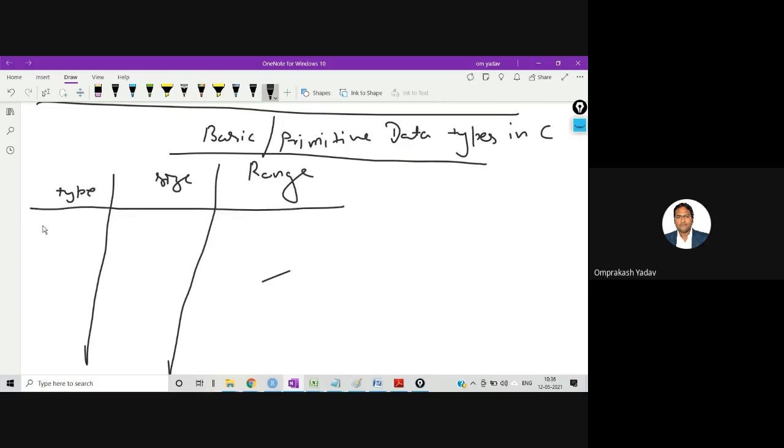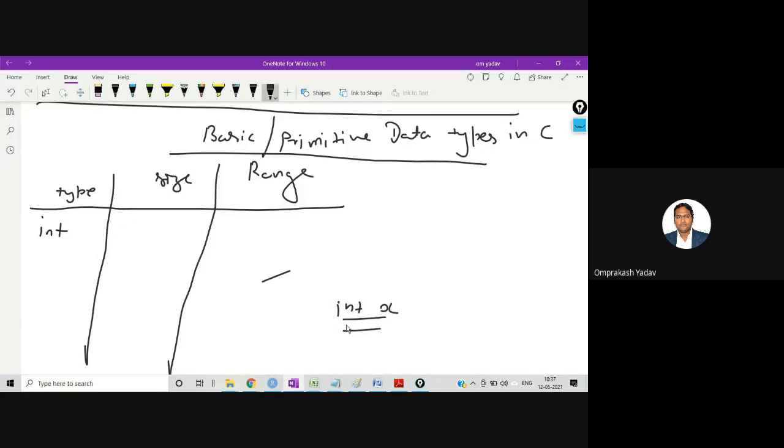So first one, int. If I write int x, this is the integer type of data. By looking at this particular data type, the compiler will allocate certain memory space.